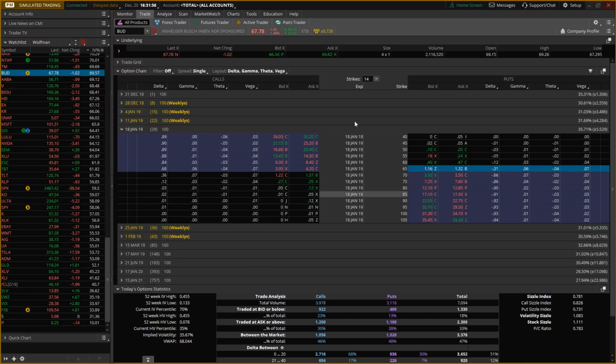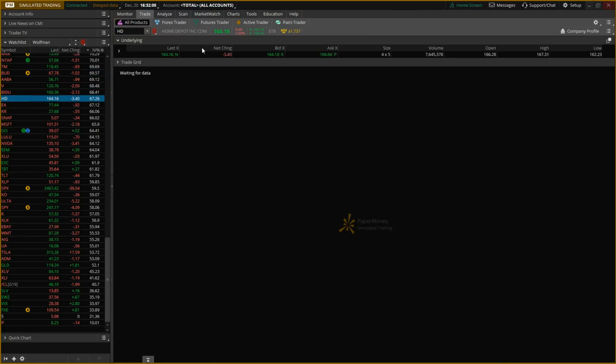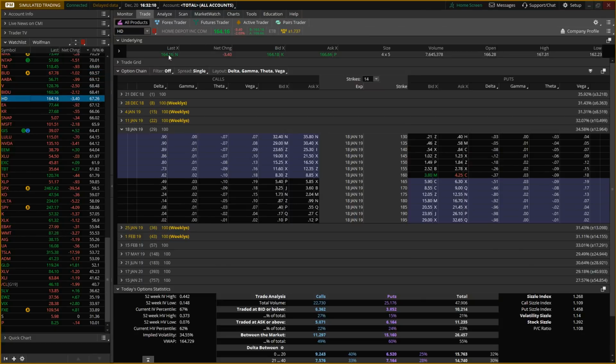All right. So rule of thumb for picking the right underlying: under $100, 10 cents wide. Over $100, basically you're going to take the decimal point and move it 3 ticks to the left. So here we're going to go 1, 2, 3. 16 cents wide is how wide the bid-ask should be in the option montage.